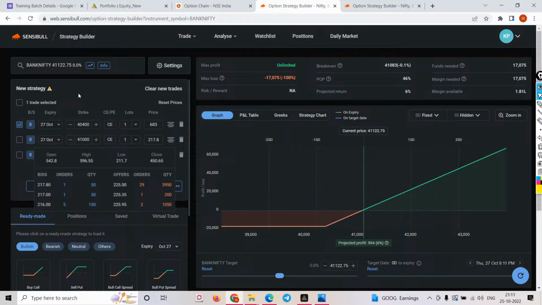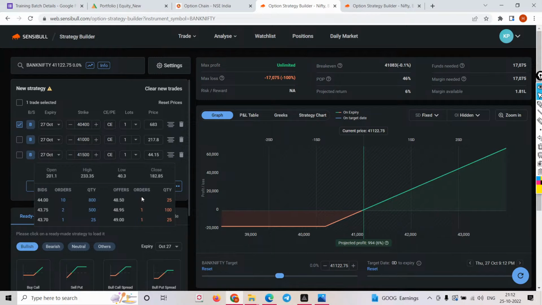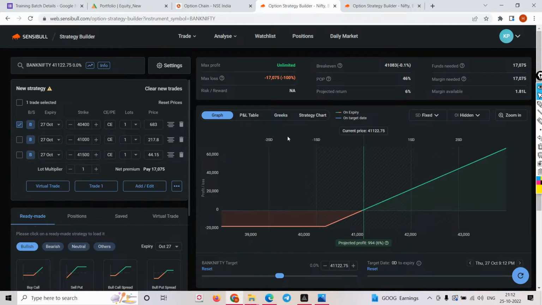But check the OTM. This is the beauty. You will hardly have the difference. See, 44 rupees and 48 rupees, just 2 to 3 rupees of difference. We are checking this for the expiry 27, so maybe that's the reason it is not showing. But you need to know the bid and ask price between your in the money, at the money. This is your in the money, this is your at the money, and this is your OTM.